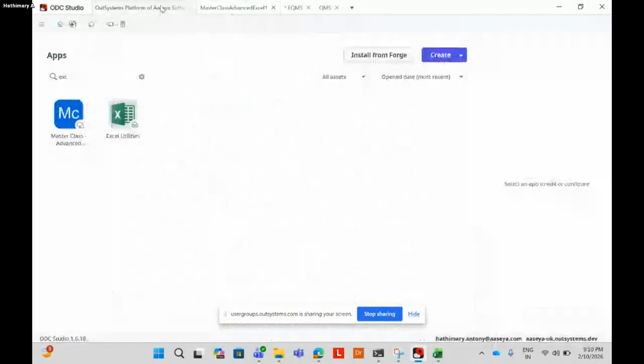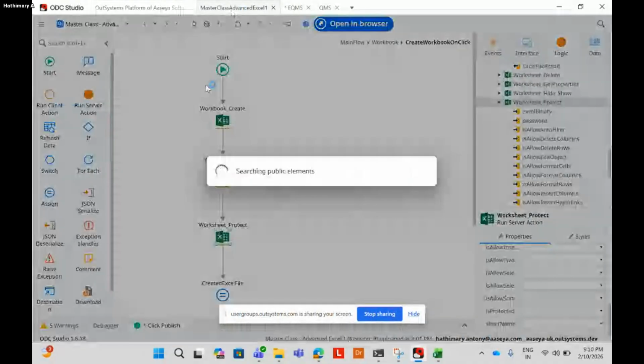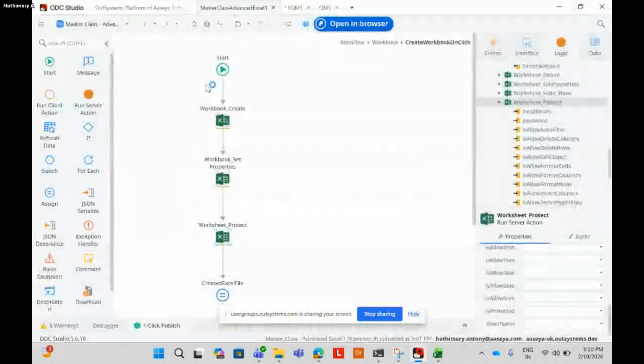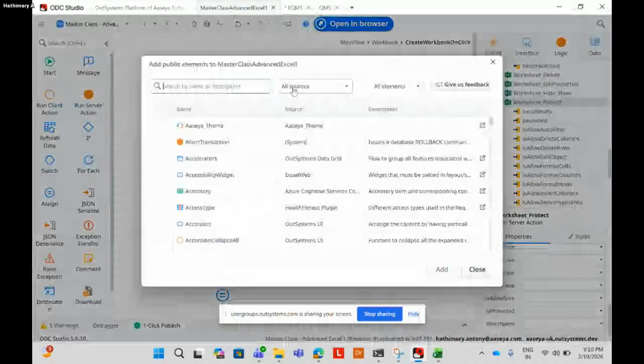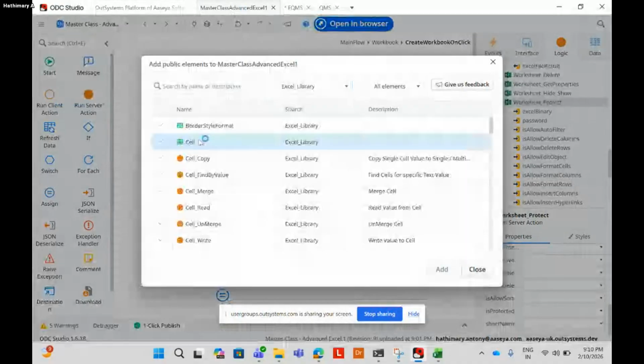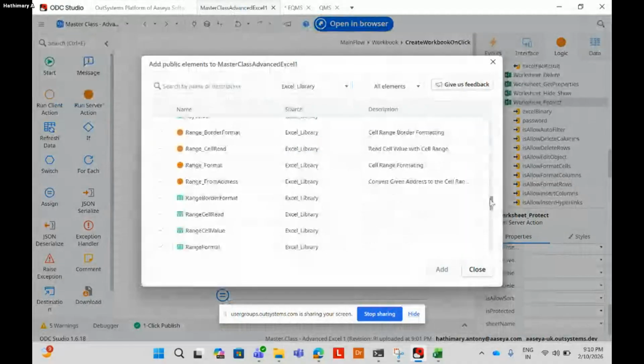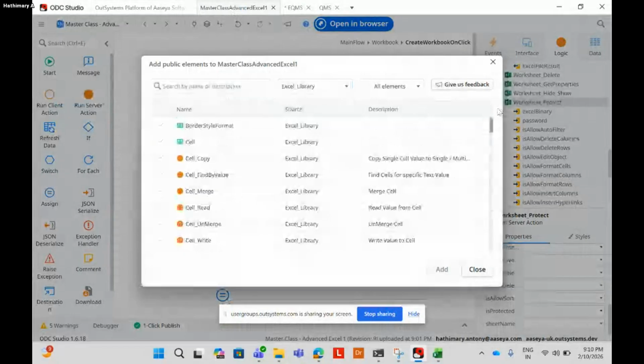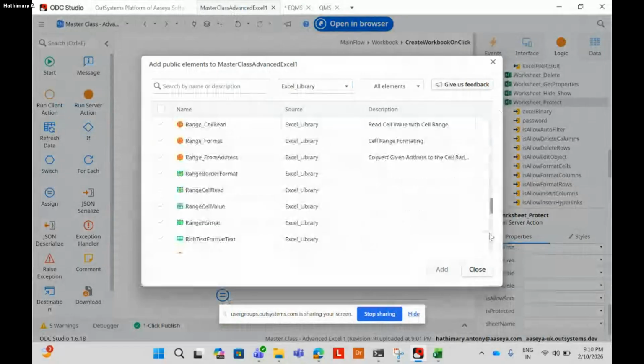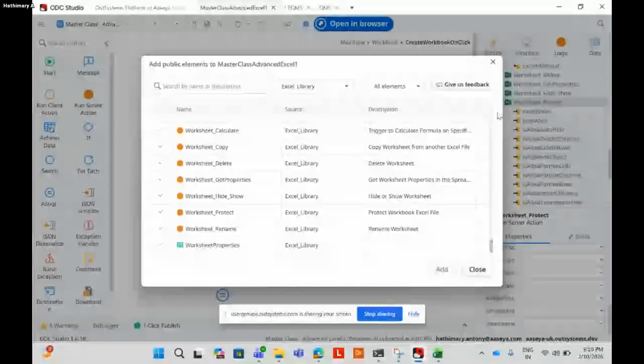Let me show you. For the session, I have consumed all the actions and all the structure. So this is how you can consume it once you install the Excel library from the Forge.